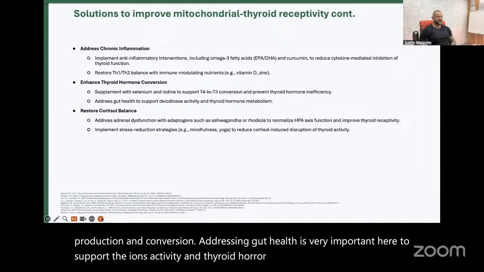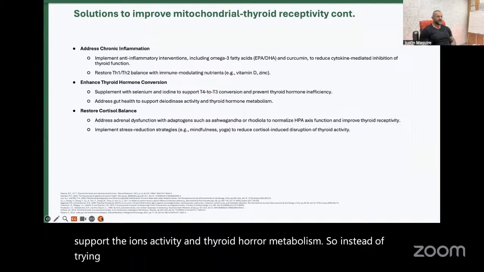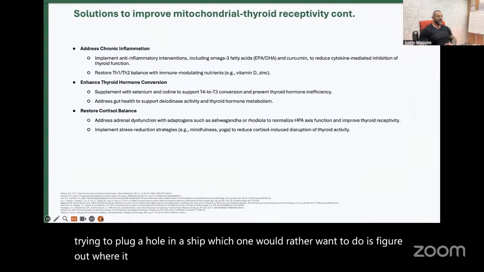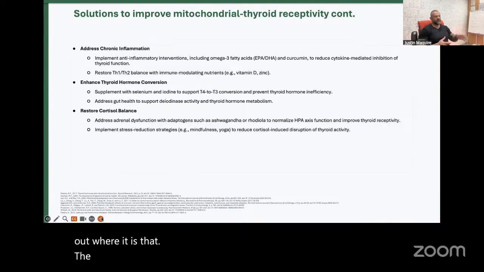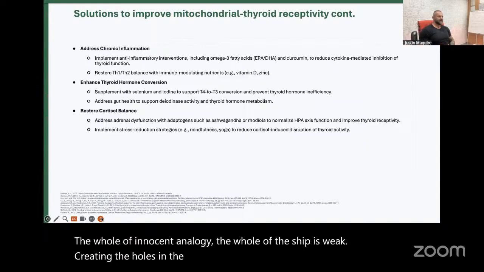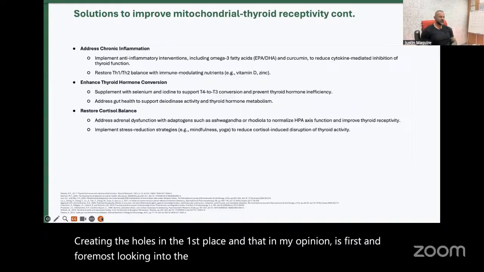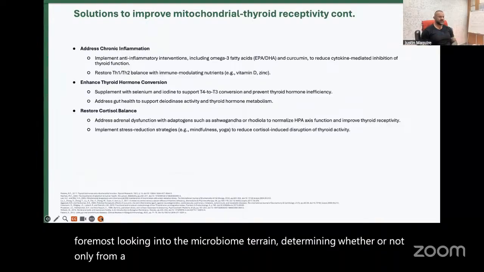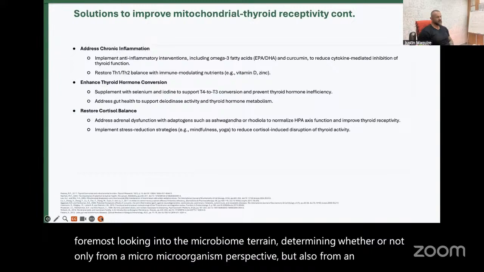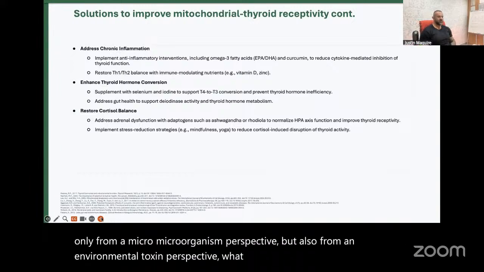So instead of trying to plug a hole in a ship, what one would rather want to do is figure out where it is that the whole of, in this analogy, the whole of the ship is weak, creating the holes in the first place. And that, in my opinion, is first and foremost looking into the microbiome terrain, determining whether or not, only from a microorganism perspective, but also from an environmental toxin perspective, what may be contributing towards the holes in the first place,